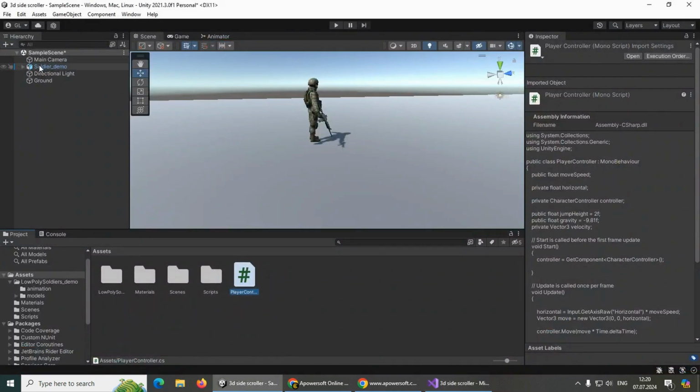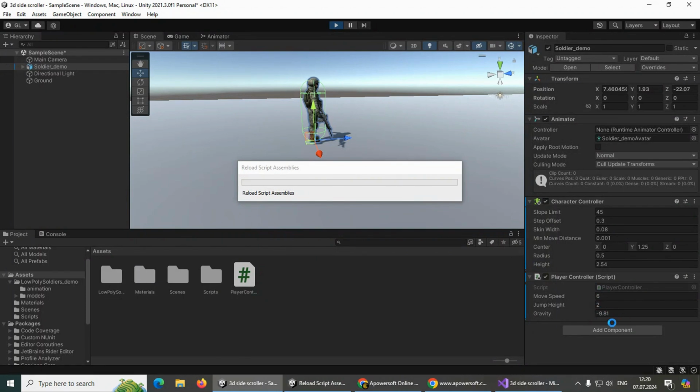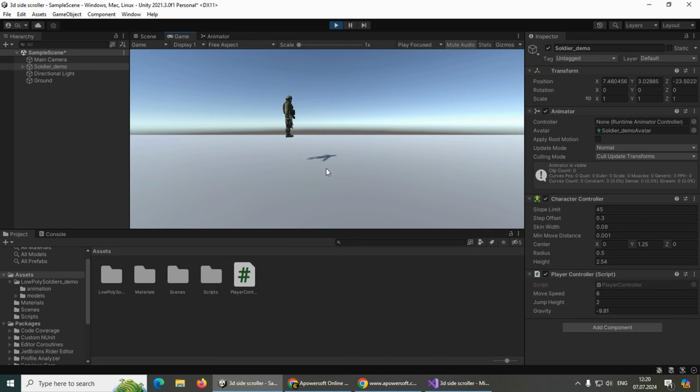Let's go back. Let's select our soldier. And yeah, we have gravity, we have move speed and jump height. By the way, we can increase this gravity scale. For example, my player is falling slowly now, and I like my character to have more snappy falling, because I want my game to be more dynamic. For that, we can simply decrease our gravity to minus 30, and now we have a much faster